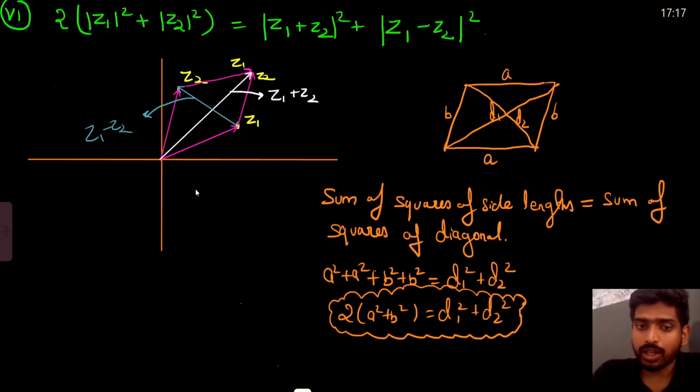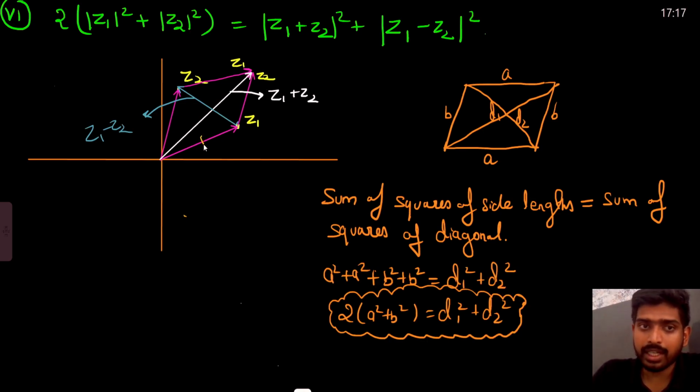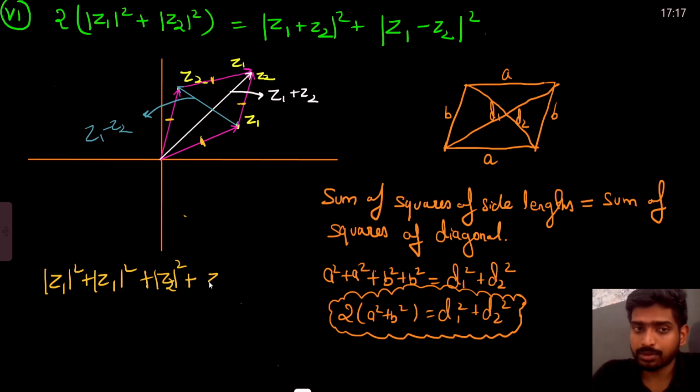So tell me, what is this side length? This side length is mod of z1. Here the a value is mod of z1, so this side length is mod of z1 square. This side length is also mod of z1, so mod of z1 square. This side length is z2, so this is modulus of z2 square, plus this side length is again z2, modulus of z2 square,